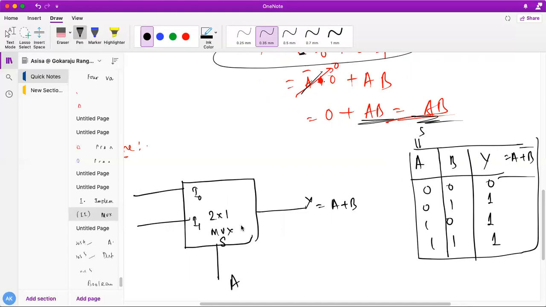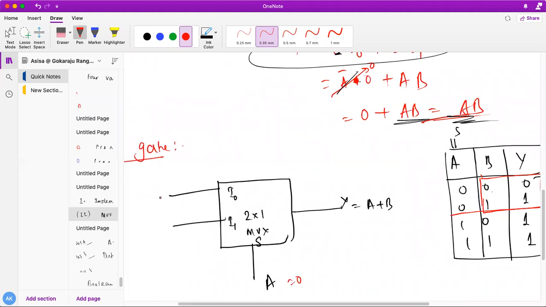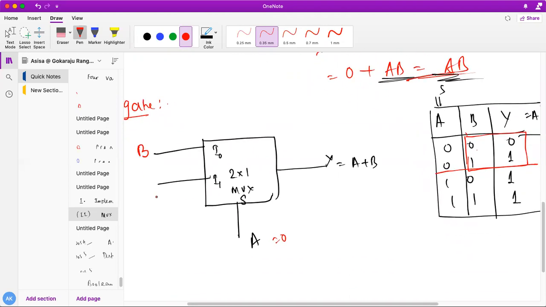So A. So now what I am going to do, see here. If A is 0, what are the possible combinations? A is 0 means these are the particular possible combinations. Now check what is the relationship between B and Y here. What is happening? Y is B. Okay, if A is 0, I can say that Y is B. So I can write down here B, students. Am I correct? Now see here, if A is 1, how it relates with my B here, output. Output doesn't care about my input, it is always 1. So I can say that this is my 1.